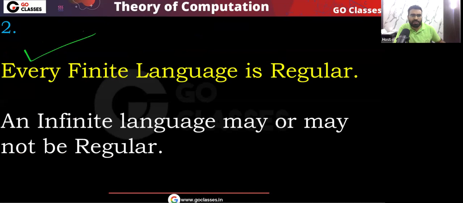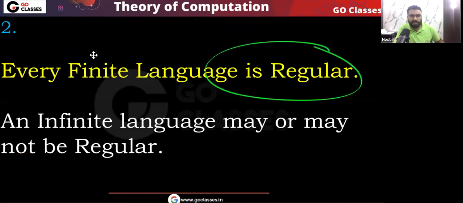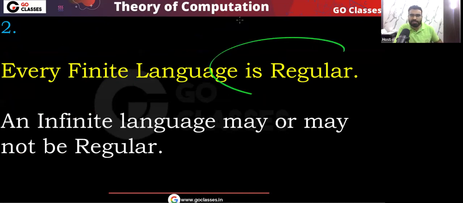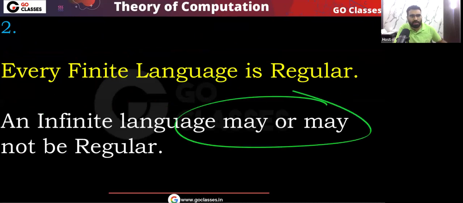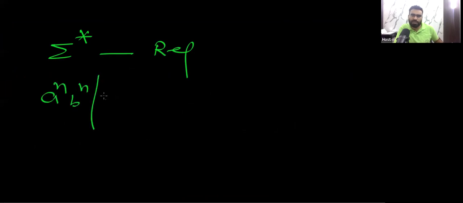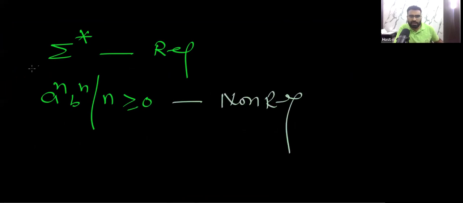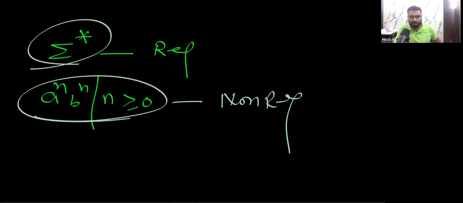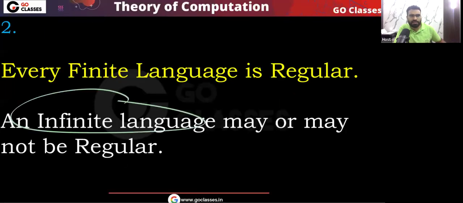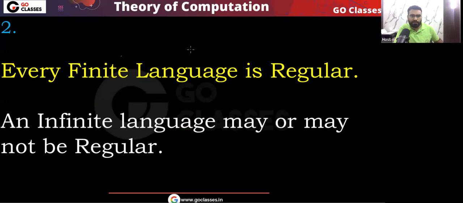Then some points I told you. The first point is that every finite language is regular. If the language is finite, then definitely it is regular. Remember, an infinite language may or may not be regular. For example, sigma star is an infinite language, but it is regular. Also, for example, a power n, b power n, where n is greater than or equal to 0, is non-regular. So an infinite language may or may not be regular, but a finite language